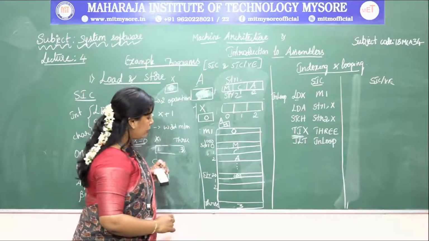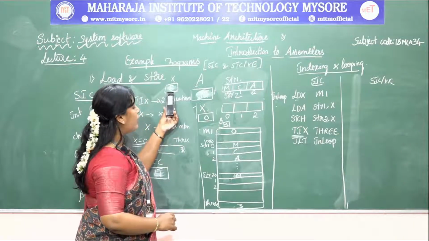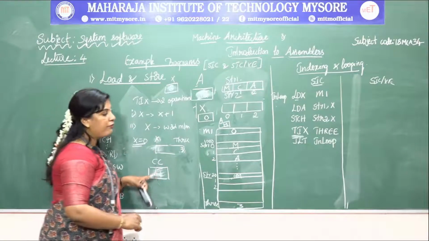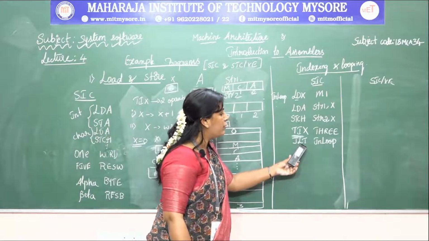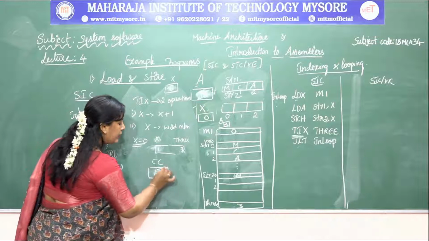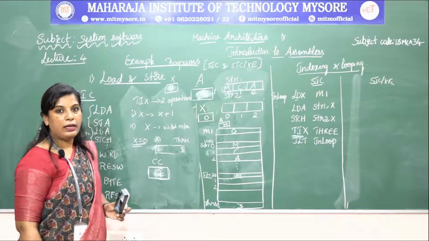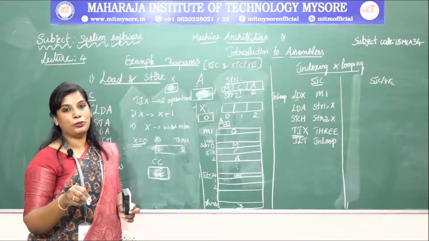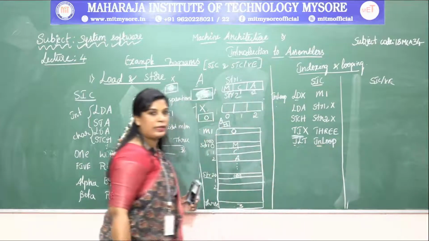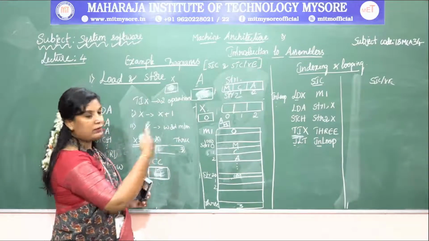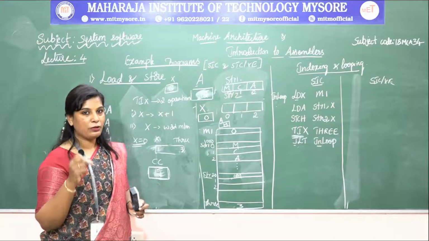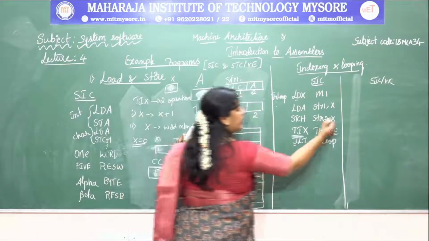The memory location holds 3, and the index register value is less than that of 3, so it sets the conditional code flag bit to less than. After that, I use the jump instruction, jump less than. It checks the conditional code flag bit, and it is less than, so of course that condition is true. Then it jumps to the instruction in loop. Again it goes to the same statement because it has to perform 2 more operations. Hence we use the looping structure as well as the indexed value.